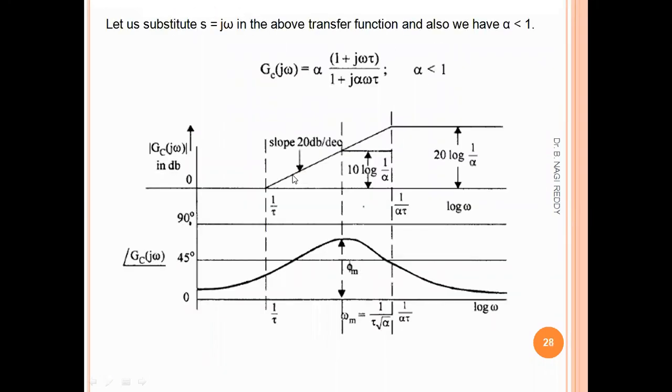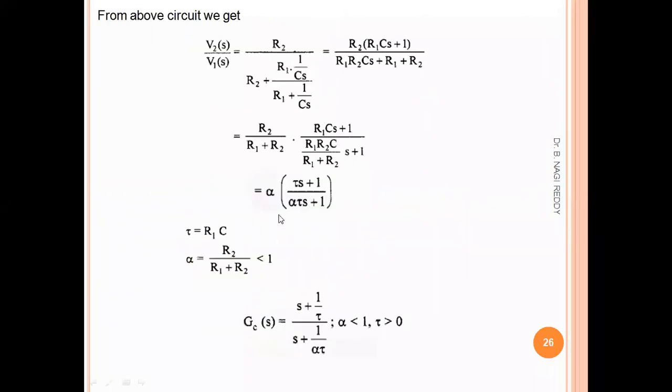And you can also see the Bode plot of the lead compensator. So for getting the Bode plot, we have derived the transfer function in S domain. So this is the transfer function of the lead compensator in S domain. So we have to convert this S domain into frequency domain so that we can draw the Bode plot, right? How can we convert S domain into frequency domain? By simply substituting S is equal to j omega. We have seen this in the Bode plots concept as well as in the polar plots concept, right?